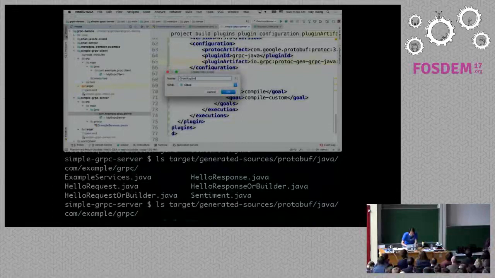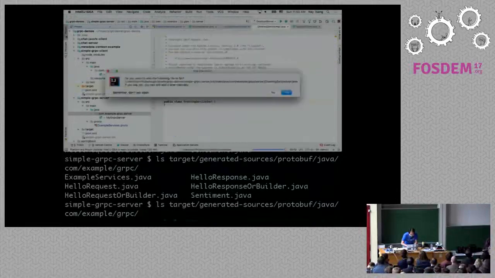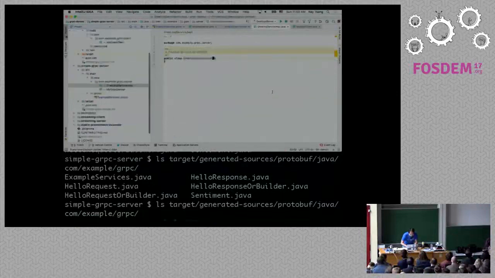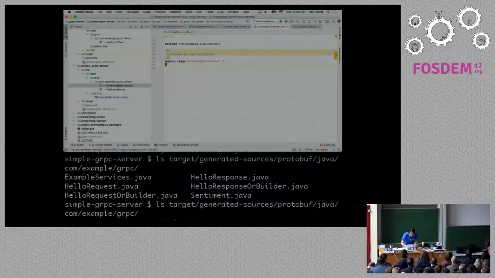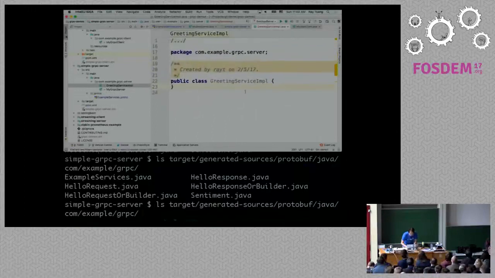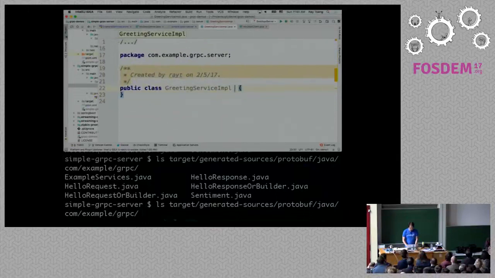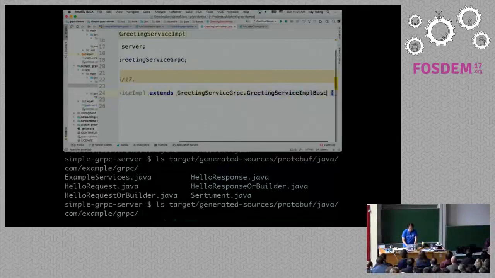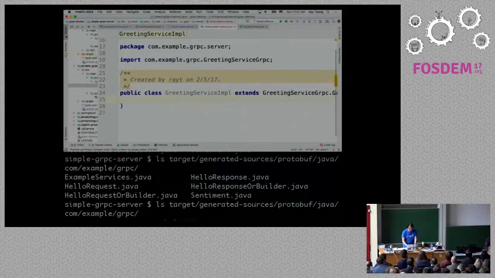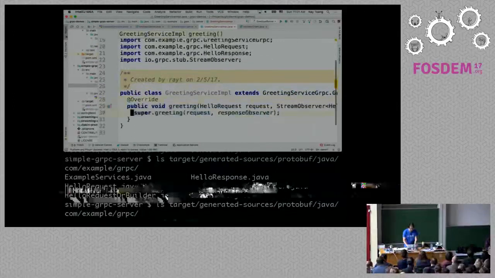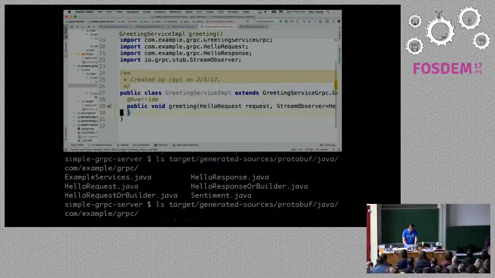First of all, I'm going to create an implementation class. I'm going to call it GreetingServiceImpl. No, please don't add it. And no, how do you zoom in here? There you go. Okay. So in this class, what I want to do is extend, for example, the stubs. And you're probably going to be doing this for most of the languages as well. So I'm going to extend the ImplBase. And then I just have to override and implement the method itself, which was called greeting, right?